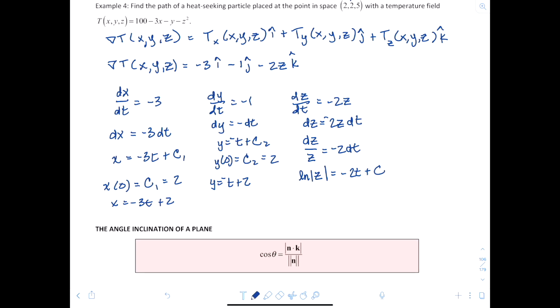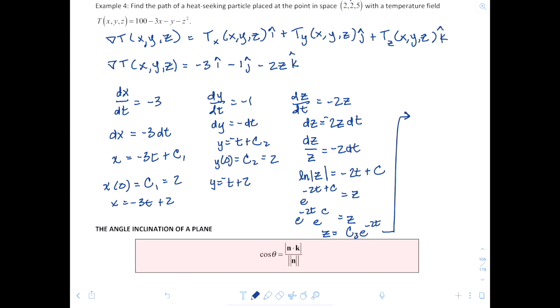And so now, remember, a logarithm is an exponent, so we're going to end up with e raised to the -2t plus c is equal to z, and that gives us e to the -2t times e to the c is equal to z. So what we'll have is e to the c, we can just call our constant c3, so we get z is c3 e to the -2t, and